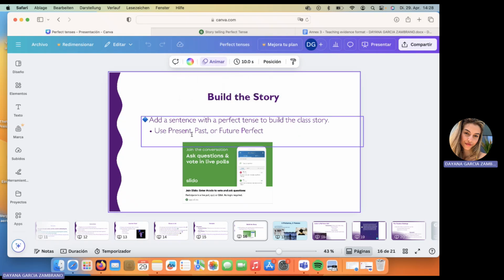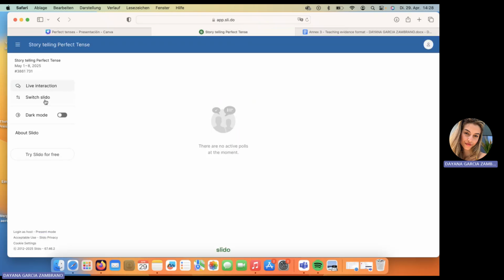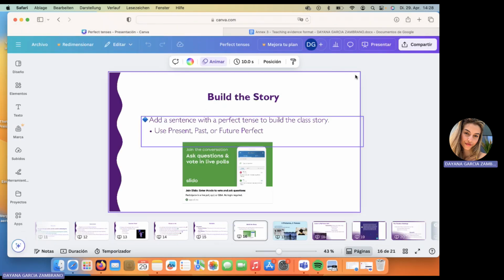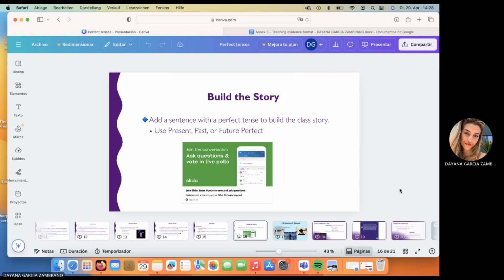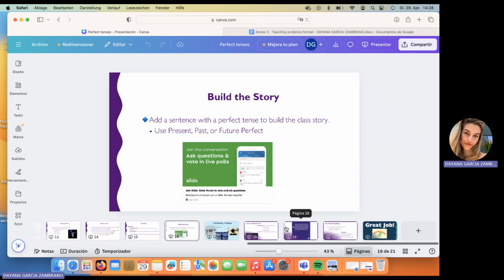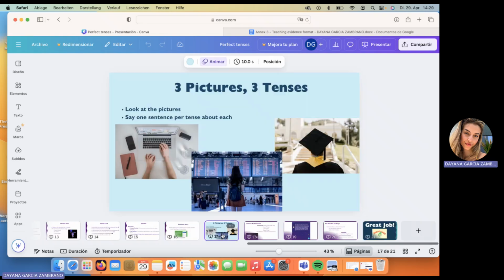Past also, it doesn't matter. Also past perfect or present or future. Here the student can comment, and then we will get a story at the end when everyone has participated. This is just to practice because now it comes a time to talk more.